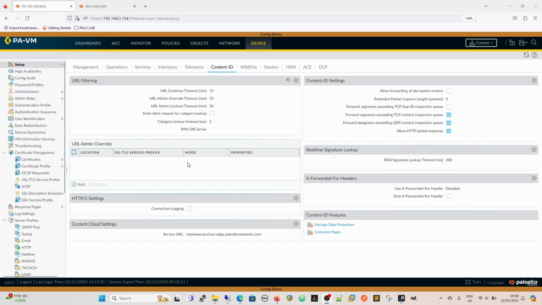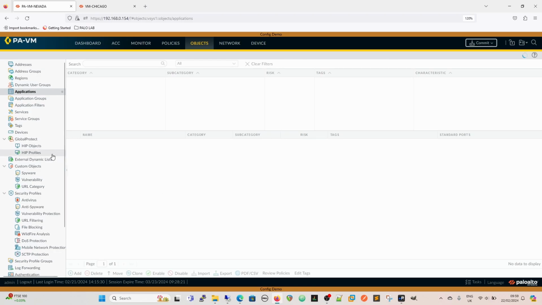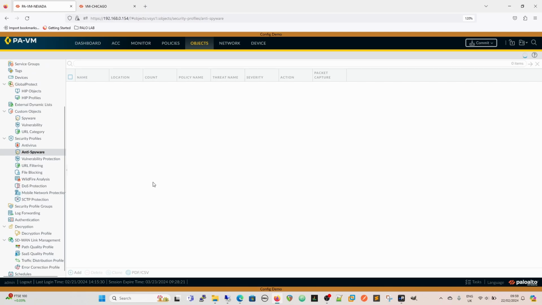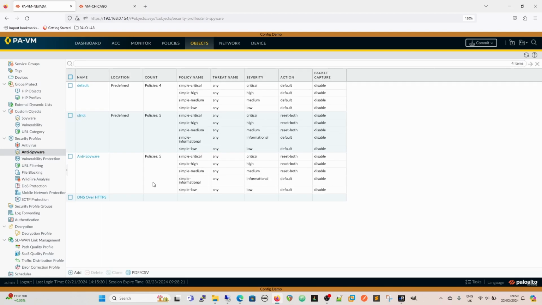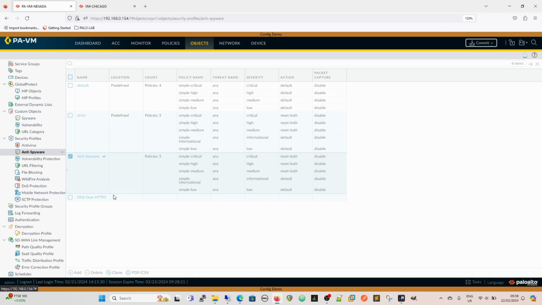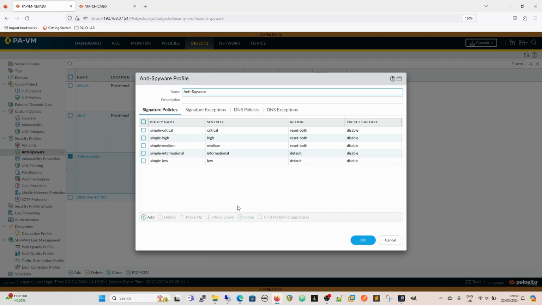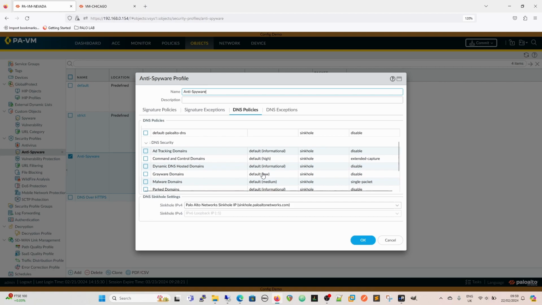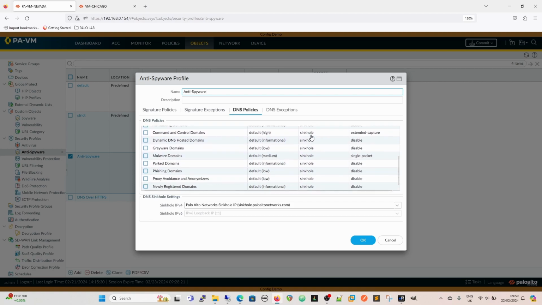Okay, so just to further discuss it as well. Going through the documentation for bypassing DNS security, if we go to the anti-spyware profile that this is configured in, remember DNS security is pretty much enforced through the anti-spyware. I just find it a little bit bizarre that they had to go to the trouble of doing this. The recommendation to bypass the DNS security is to simply change all the policy actions to none,